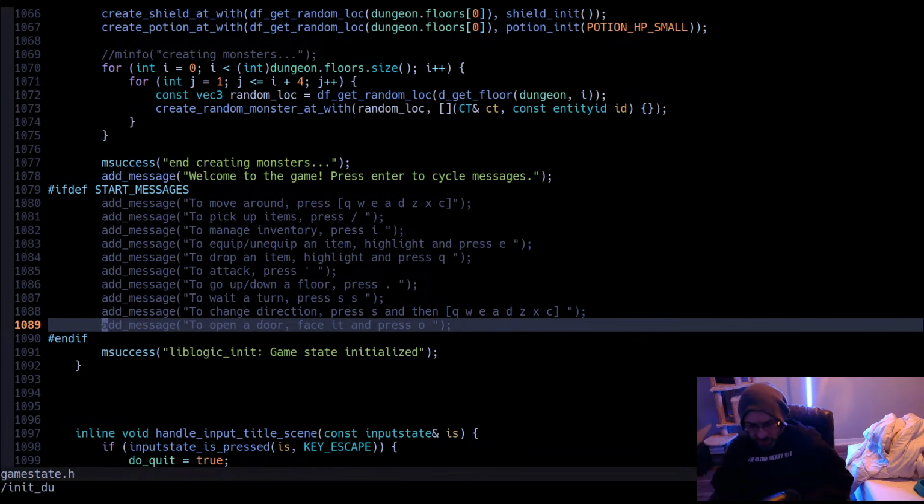It would be interesting to eventually enable some sort of scroll back feature, to be able to go back and view old messages.